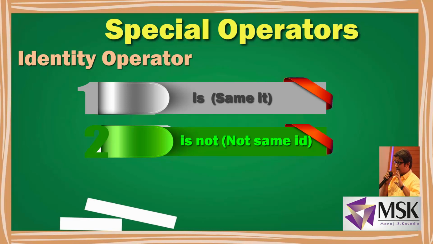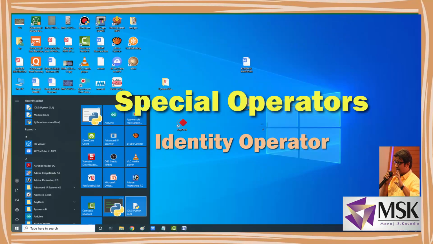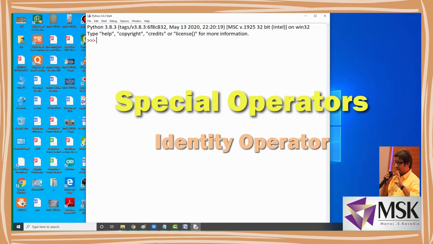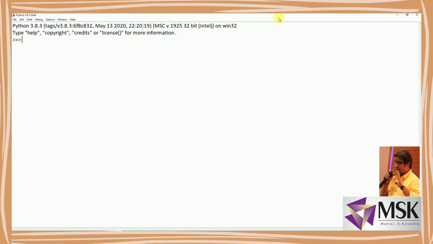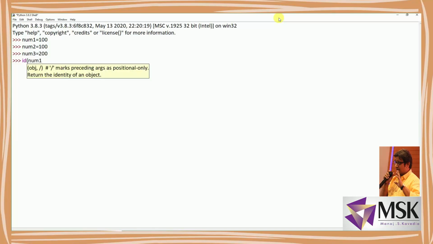So let's see the demonstration. Let's start with the IDE. Now here I'm defining num1 equal to 100, num2 equal to 100 and num3 equal to 200. Now I'll print id of num1, id of num2 and id of num3.